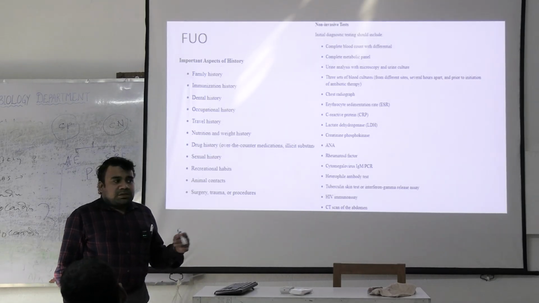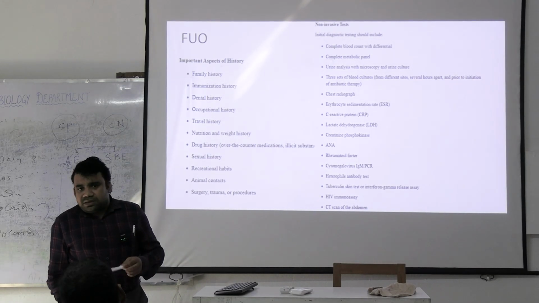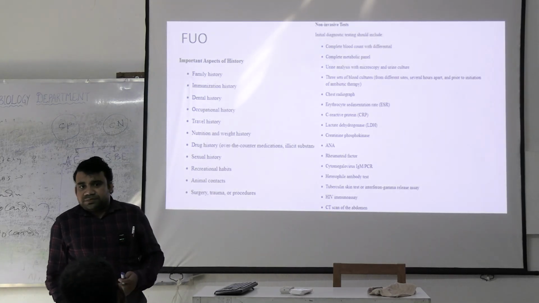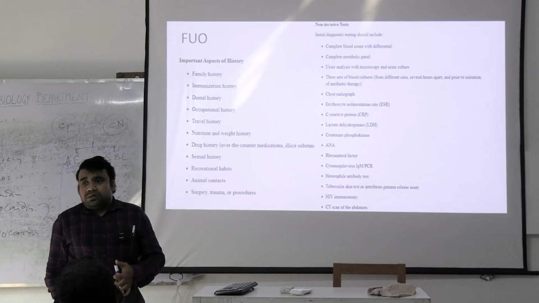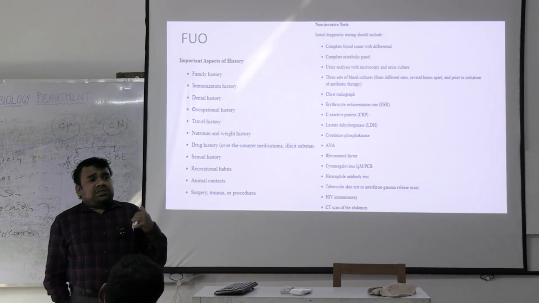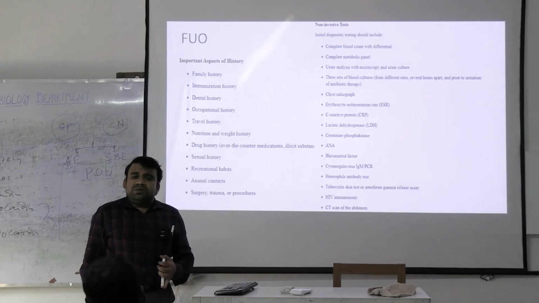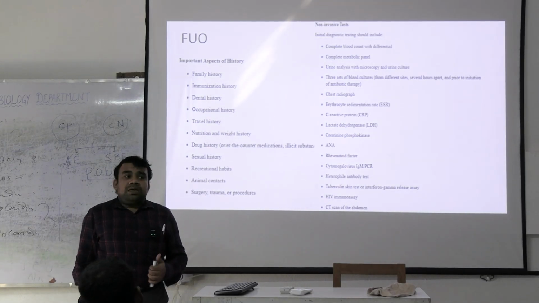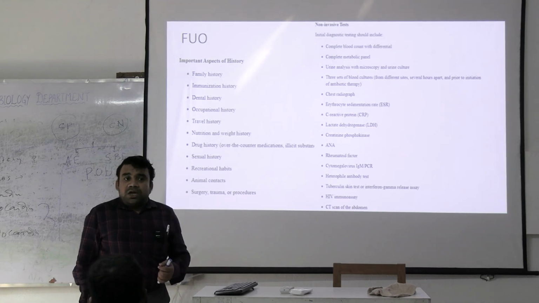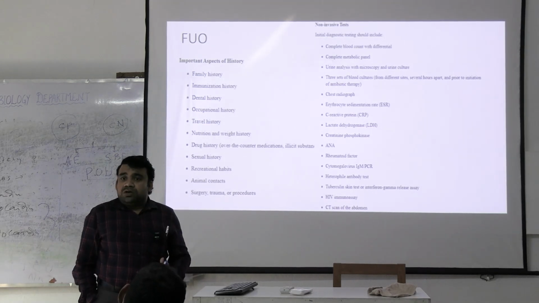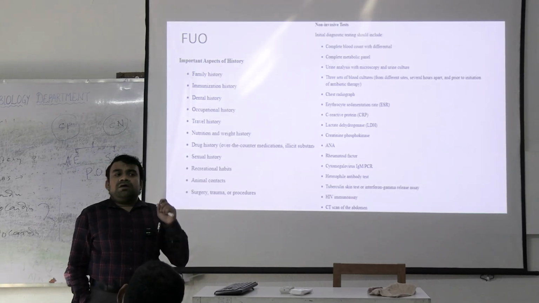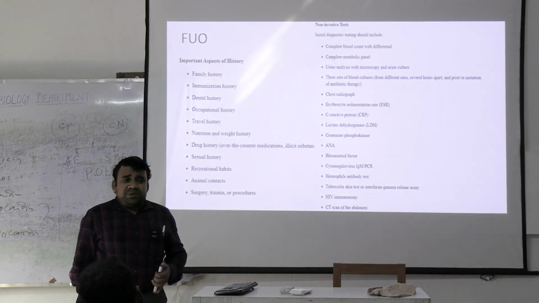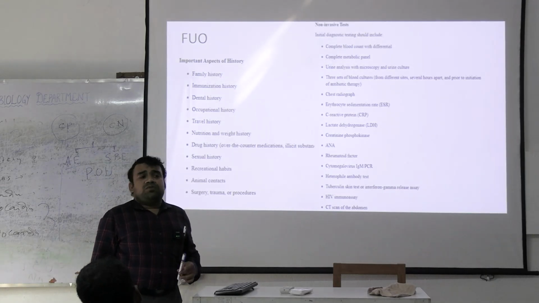So initially what do we take? The history of the present illness, then we take the relevant history. Now কতটা extent বা কতটা depth the history নেব, that will depend on how we proceed. Especially if we are looking at a patient who is suspected of having FUO, you have to take an expanded history. You have to look at the social history, the travel history, even the sexual history, each and everything very minutely. That means you have to re-evaluate the history also.